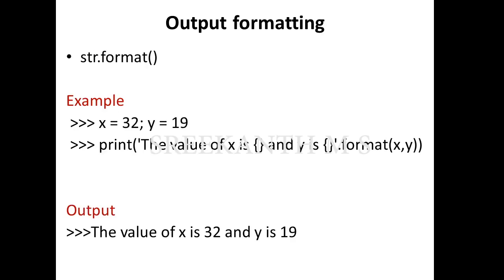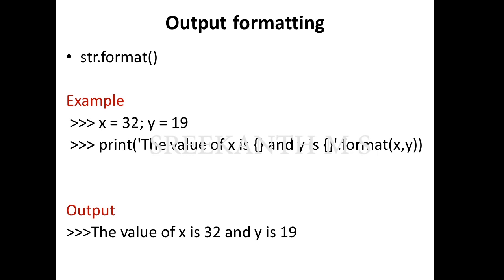In Python, we can also make our output more attractive by using output formatting. In the string built-in function, we can format the output using str.format. In the example, x is equal to 32 and y is equal to 19, and in the print built-in function,